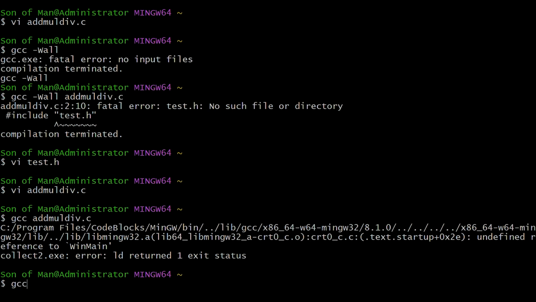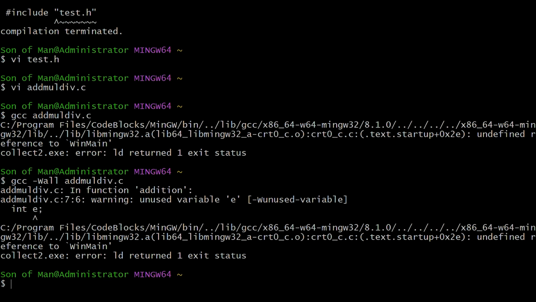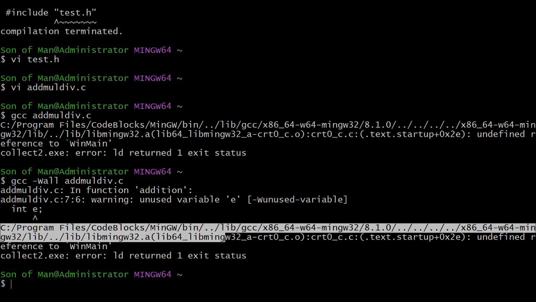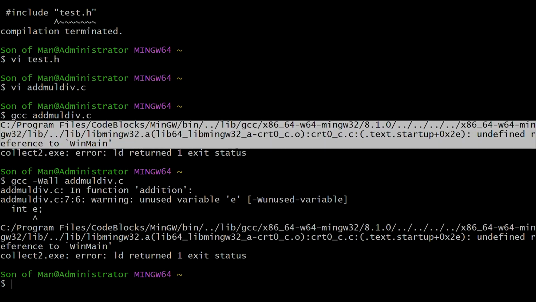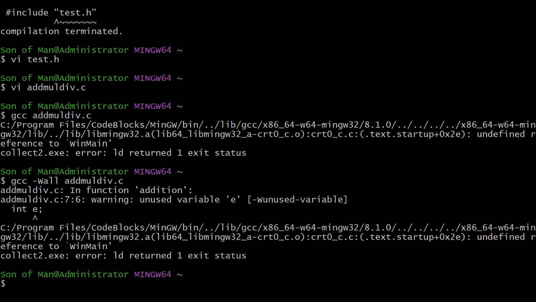this is telling me an error message. So gcc add more, let's see. Now this error message will be looked into later, it's a different message. Okay, but if you look at this, you can see that when I compiled it with just gcc, this is the only thing that came out, and this error, I'll figure out what it is. I'm not sure what it is, but this is the only error that came out, so this is not even a problem. But you see, when I did gcc -Wall,